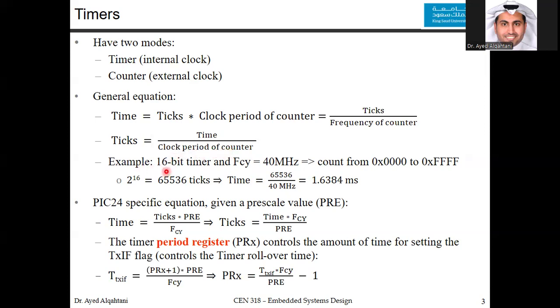As an example, say you have a 16-bit timer and the frequency of the instructions is equal to 40 megahertz, or in another way, the frequency of oscillation is 80 megahertz, and you want to count from the minimum possible value, which is 0x0000, to the maximum possible value, which is 0xFFFF. Each one of them will be considered a single tick. So you have 2 to the power of 16, which is